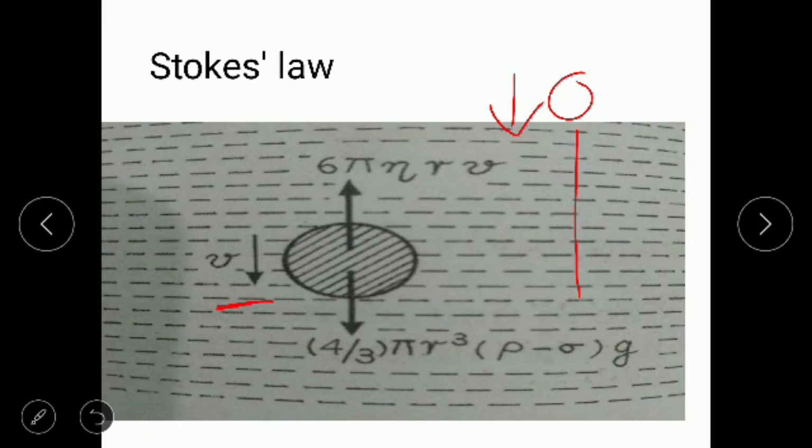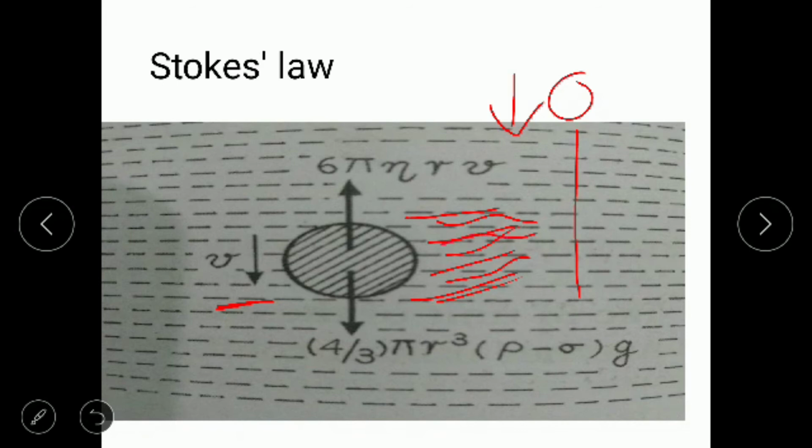The layer of the water in contact with the ball tends to move with the velocity of the ball. As the ball is dropped down, what happens? This water will start moving, will be replaced by the ball. As a result of the motion of the ball, there is a relative motion between the adjacent layers of the water. So this layer of the water will start moving because of the dropping ball. Hence, a viscous force is developed in water, which opposes the motion of the ball.